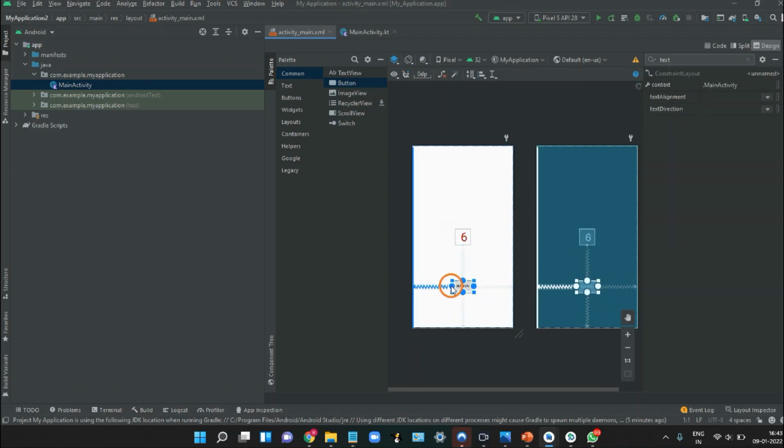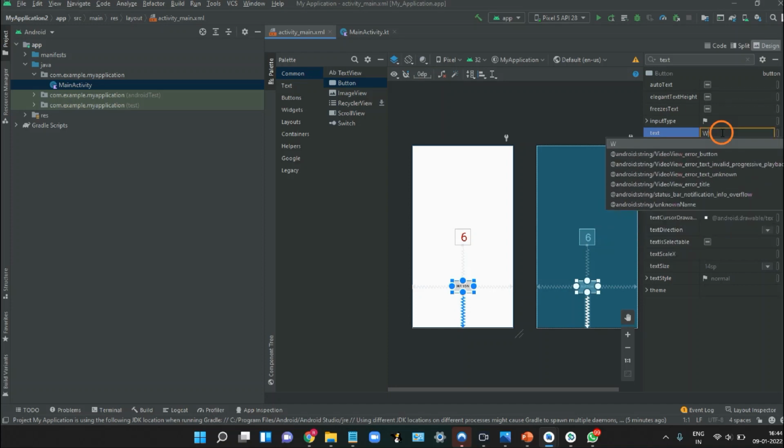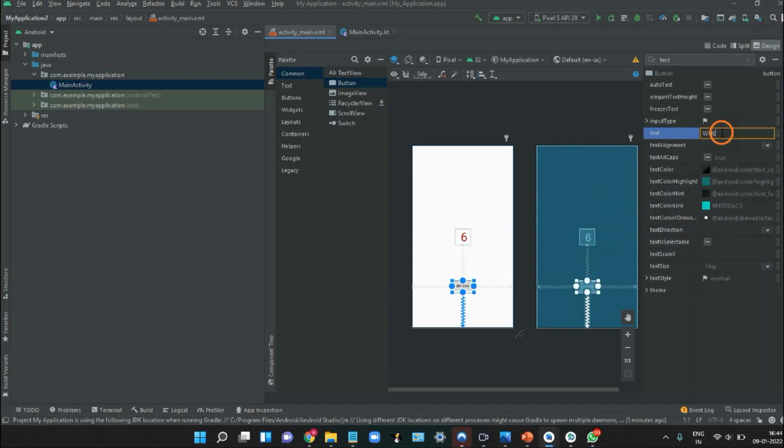Okay, so now let's change the color and text of this button. First of all, let's change the text to roll. Now let's change the text color to red.